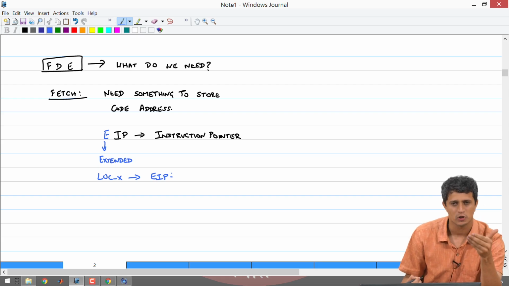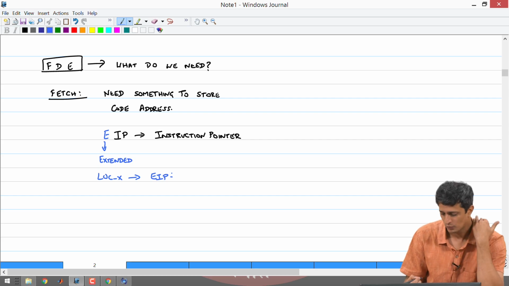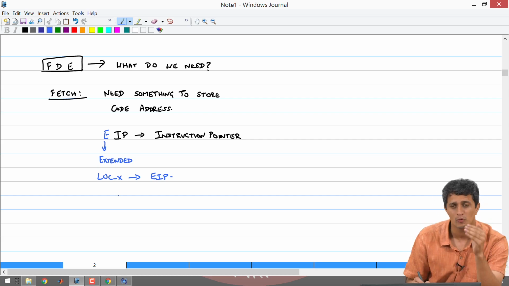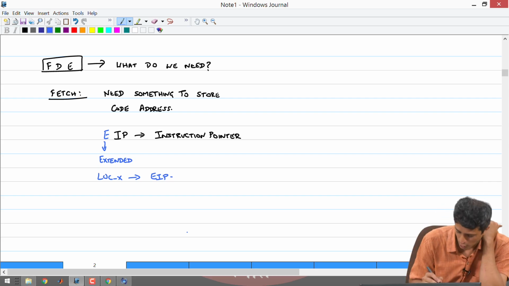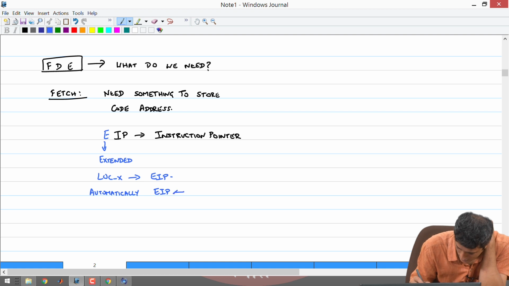So, as the microprocessor fetches a particular instruction at location X and decodes that instruction, the microprocessor will know exactly where the next code or the next instruction is in memory. So, therefore, it can automatically calculate what the next address should be and where the next instruction is located. So, automatically, EIP is now incremented